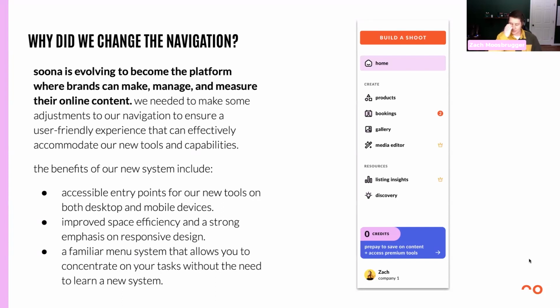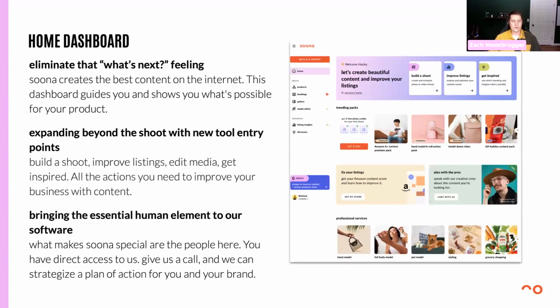Another point to emphasize is that we're focusing more on the mobile experience, and we wanted to make sure that this menu is accessible on any device. So your desktop, your iPad, your iPhone, this system will work well. It's good there. So the new dashboard,